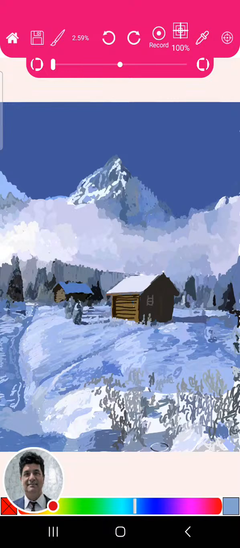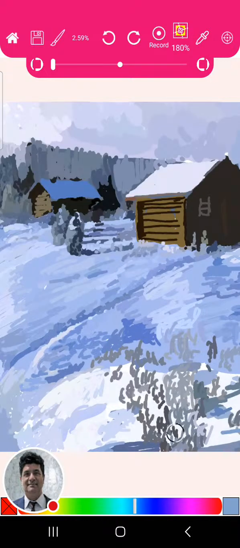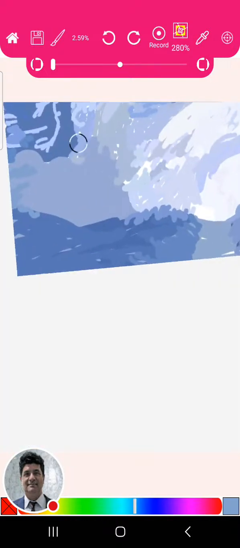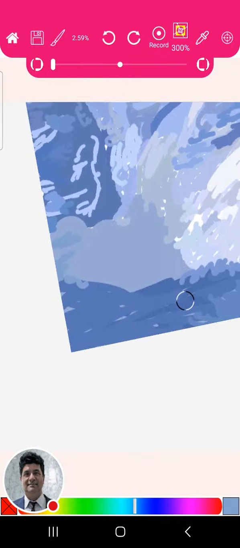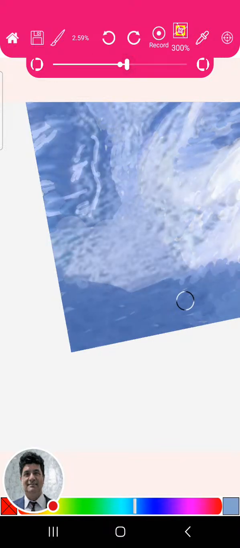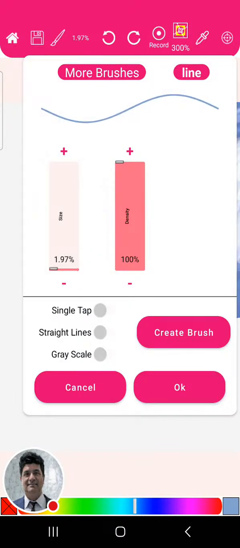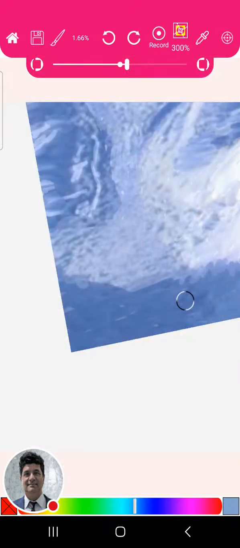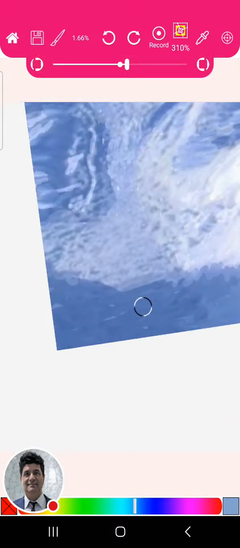And then can you see here, around here, I need to probably just blend it just a tiny bit more. So I'm going to stick to a smaller brush and just go into the details of it, really zoom in,